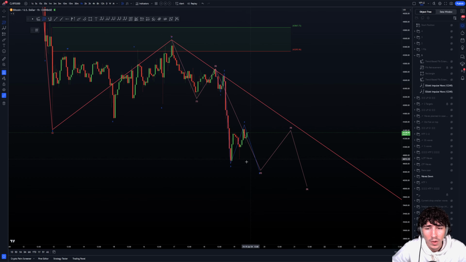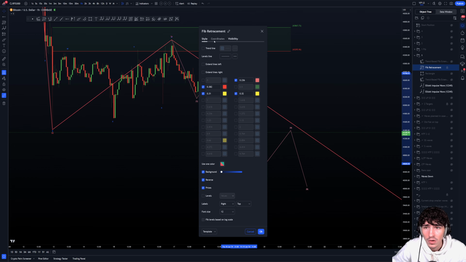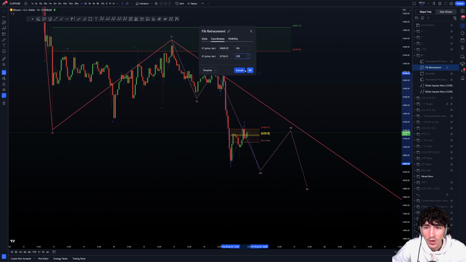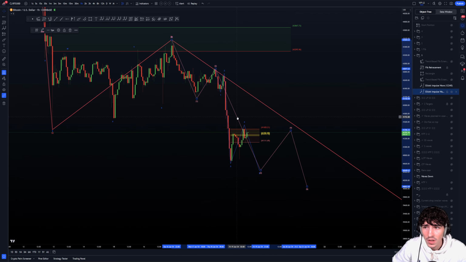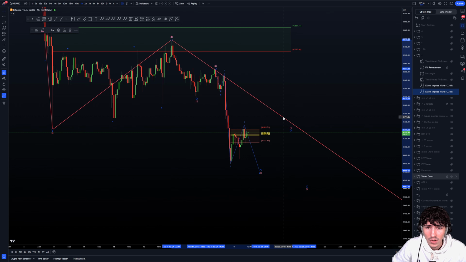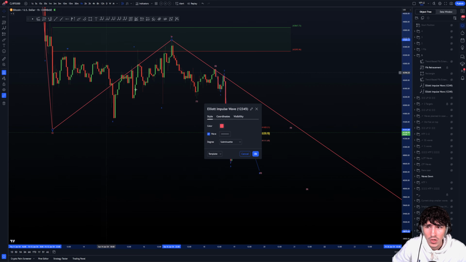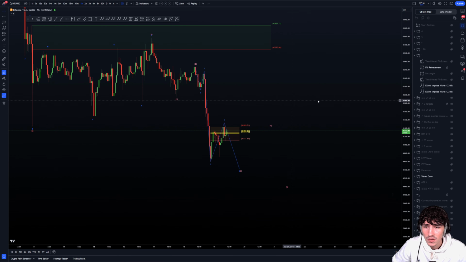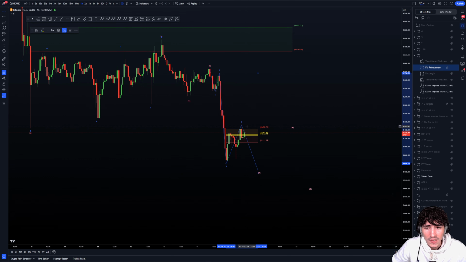First of all, we need to find a wave 4 target here, so we can simply pull the retracement tool from the wave 3 bottom. I'm talking about the blue waves. Okay, let's focus on this for the moment. Remove the wave very quick, and remove this, so we can see everything. So this right here is the wave 4 target.